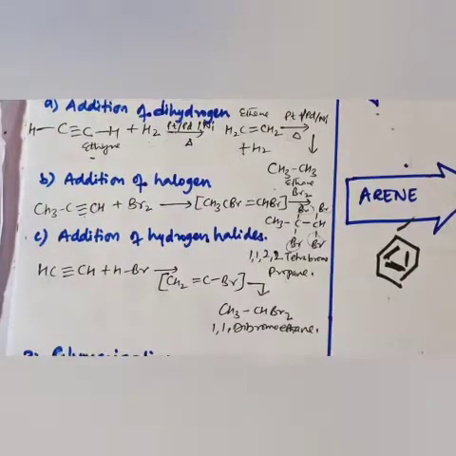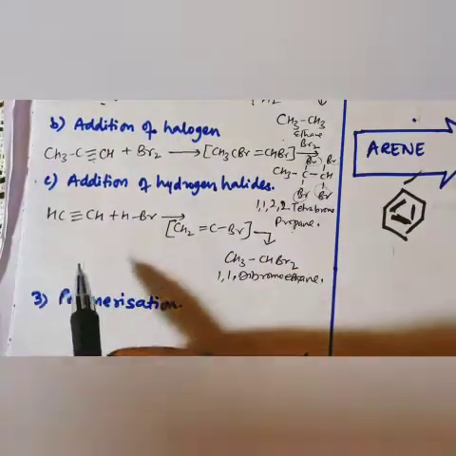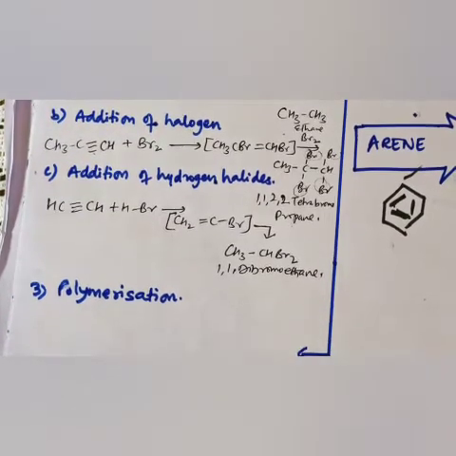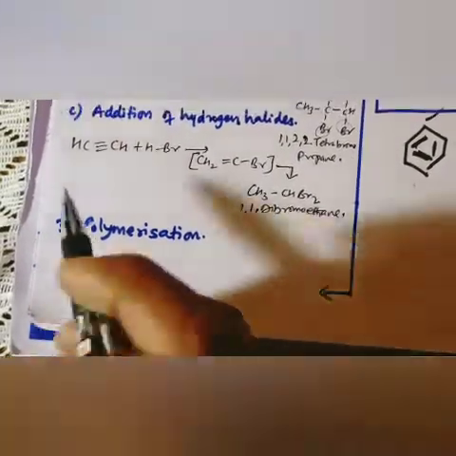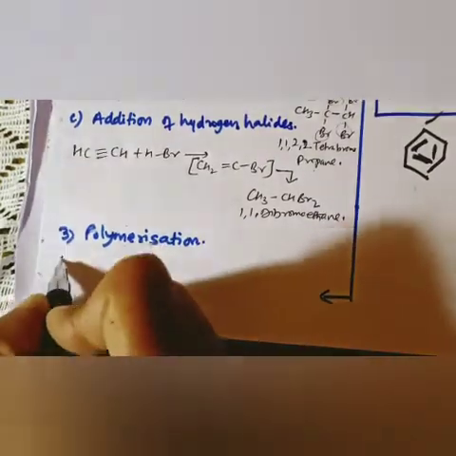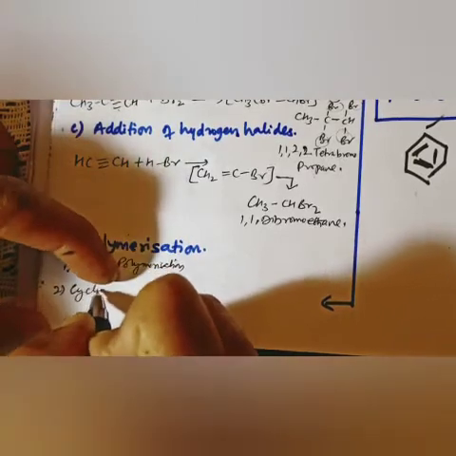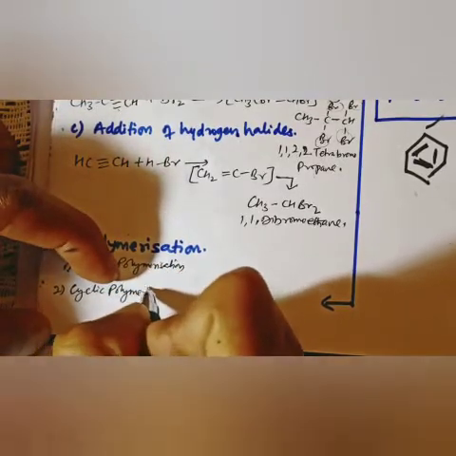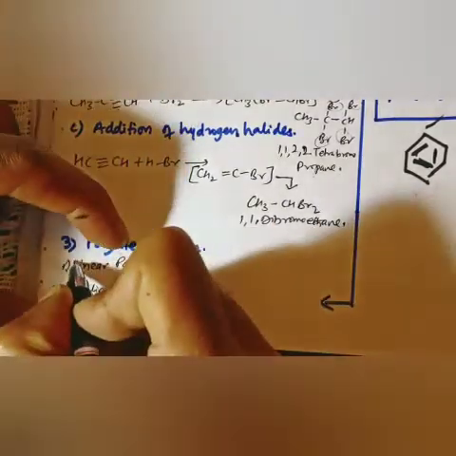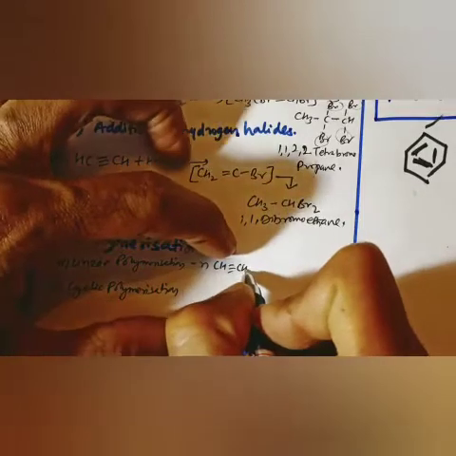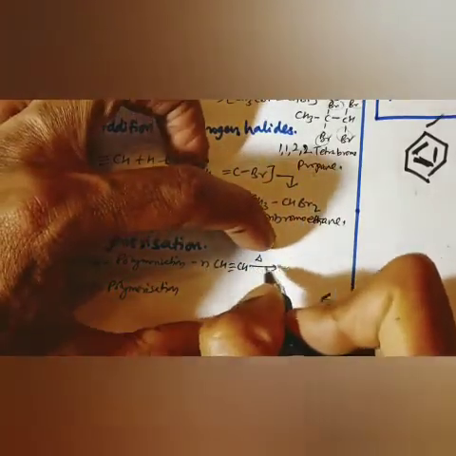1,2-dibromoethane. Or you can say the propyne will change into 2,2-dibromopropane also. Similarly, dear student, polymerization is the third important property of alkyne. In polymerization, there are basically two types: linear polymerization, and second is cyclic polymerization. In linear polymerization, we will get a linear chain where CH triple bond CH at high temperature and pressure will